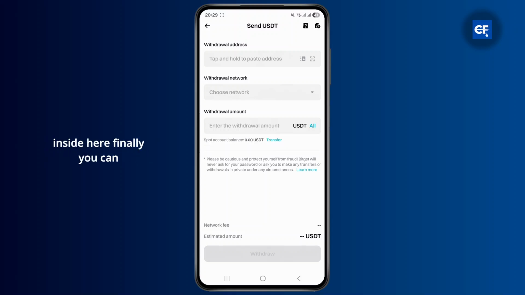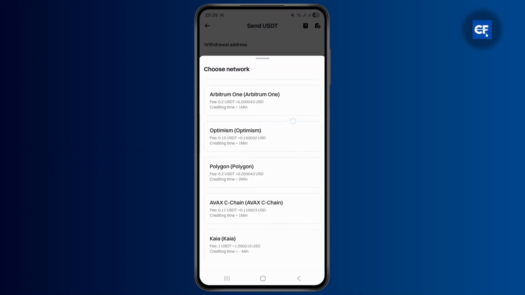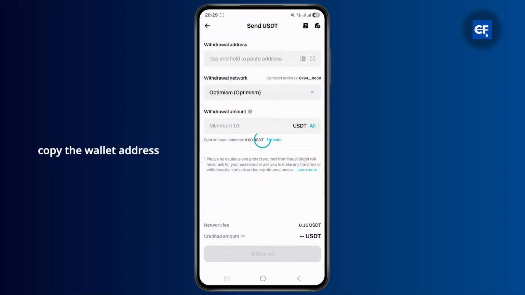So once you're inside here, finally you can just tap and hold to paste the address of the withdrawal address, and you can also choose the withdrawal network. So it could be anything like Solana if you are using, and if you are using Optimism you can just go for that just like this, and make sure to copy the wallet address from Optimism and paste it over